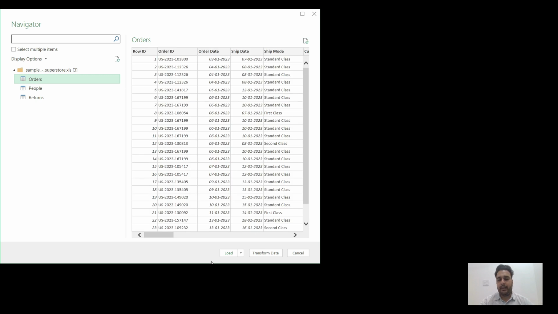And in this case, I'll choose to click on Transform. I have selected the Superstore file. Instead of simply loading it in Excel, I'll choose Transform Data, because from here we will enter the Power Query Editor, and think of Power Query as a workspace where we tell Excel that this is how I want my data transformed. So let me just click on Transform Data, and now you will see that it's executing and